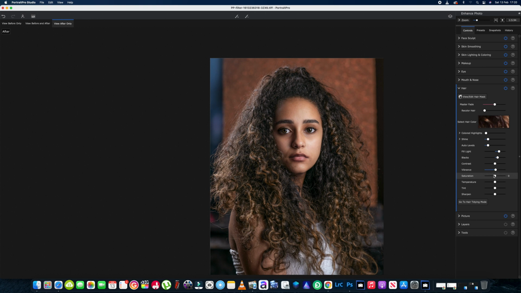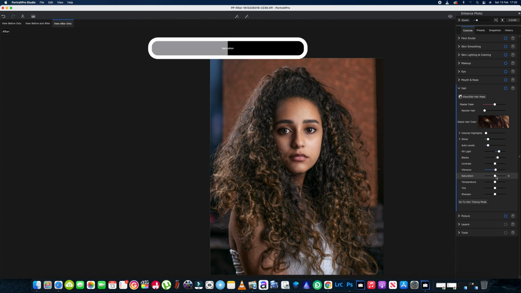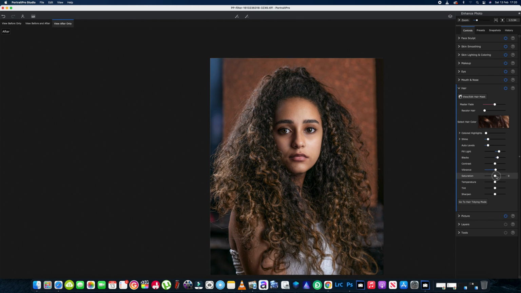I do apologise when I'm trying to drag these sliders, sometimes it does lag. Come on, these are like 100 meg files from the Sony a7R II, which can be a pain to work with. Okay, so we're going to leave the saturation alone,